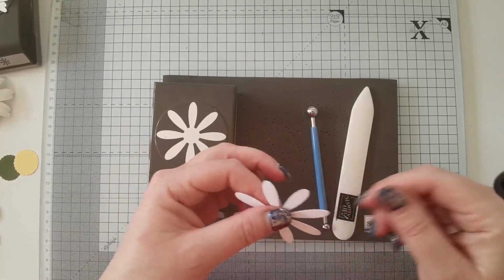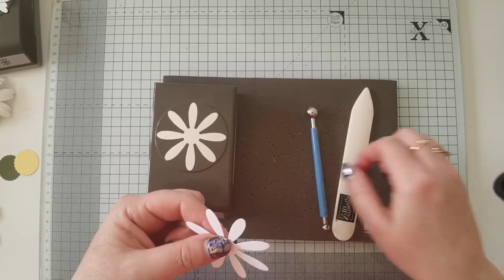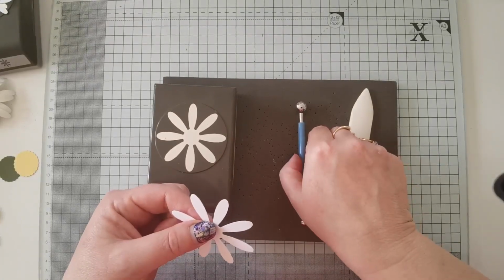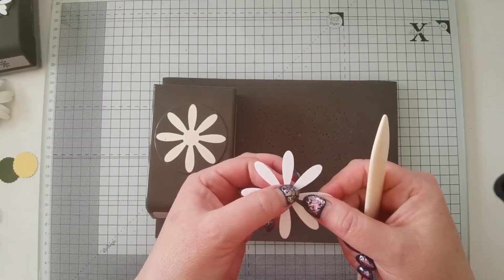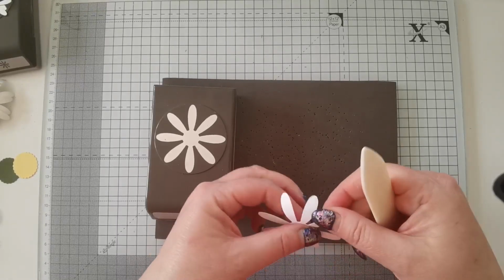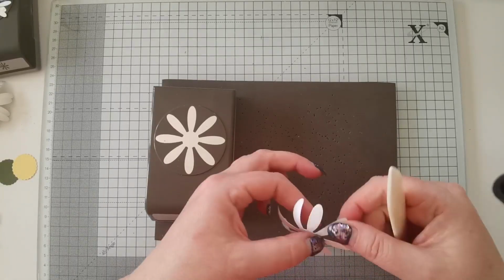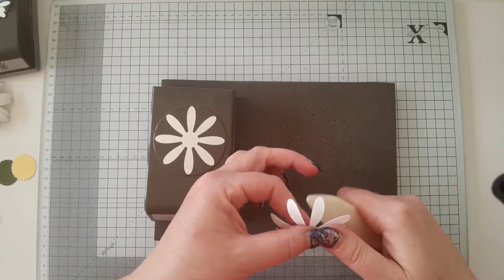Okay, so I'm going to show you quickly how I did the actual petals of the daisy. You can do this using a bone folder, or if you have some kind of ball modelling tool, that also works really well. So I'll show you with the bone folder, as most of us have these. You just want to support the base of your petal, and you're going to lightly stroke it with your bone folder, and I always put my thumb on top. It just gives it a gentle curl. You don't want it to be really tightly curled, just a really gentle